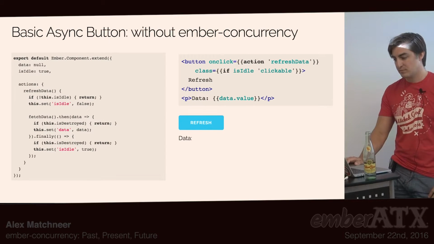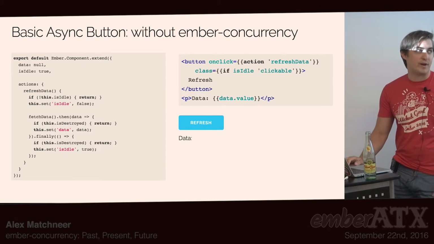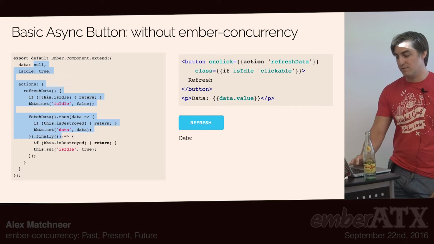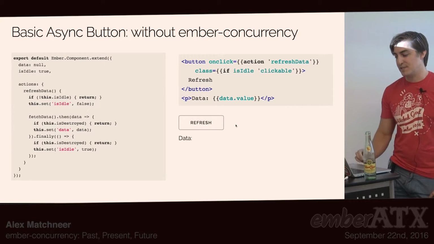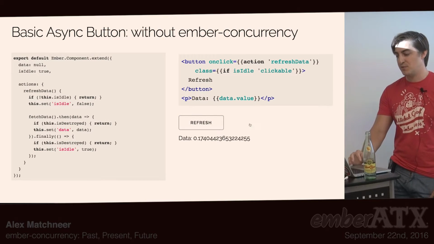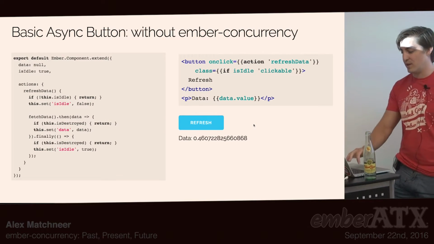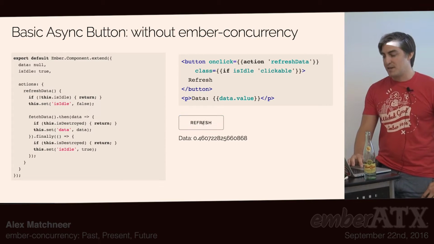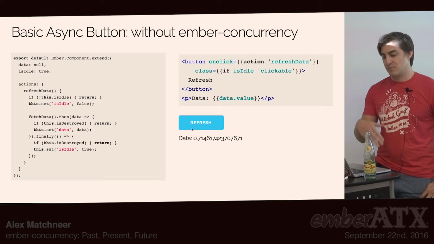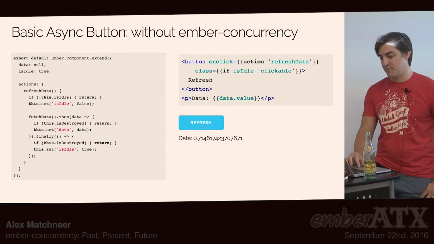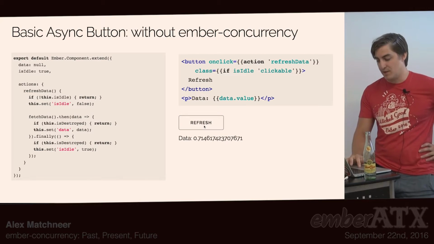So to give you a before and after, this is an implementation of this button here. All it does, it's a button that you press, it goes into a clicked state to display that it's not clickable thereafter. It does some asynchronous operation, comes up with a value, and then writes it to the component so that the answer is visible in the template. But